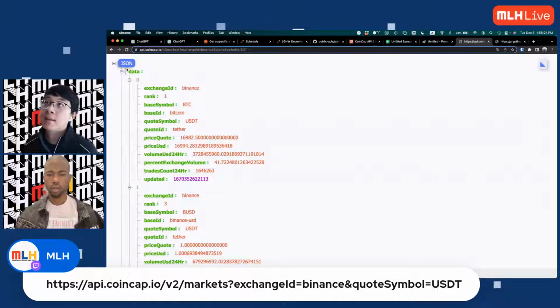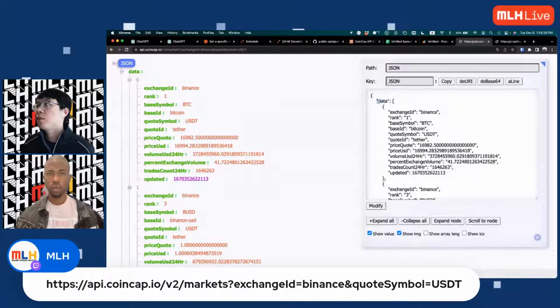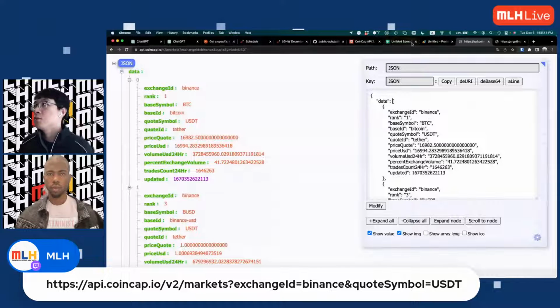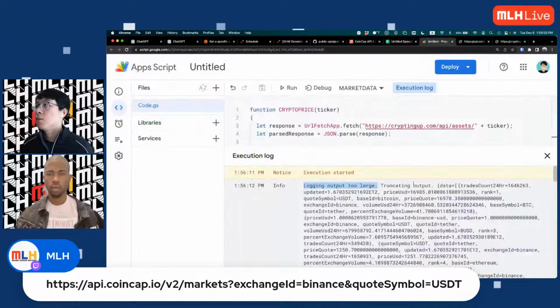You can see that the data that's returned follows the format of data array. So if you look at the raw JSON here, there's a data key, and inside there we have an array of cryptocurrencies. We have BTC, we have BUSD, etc. So yeah, what we can do is, yeah, data rank, that's a good one. What we can do is,